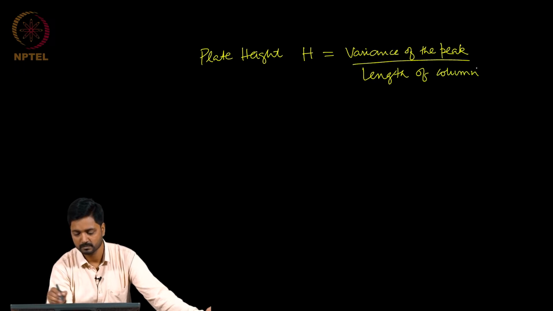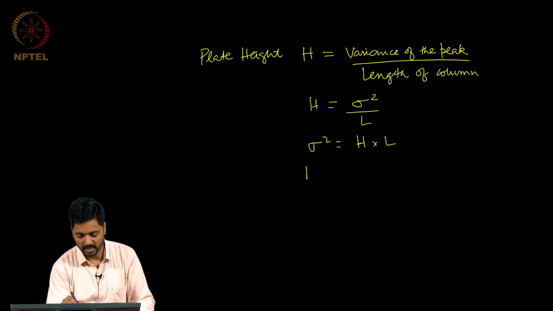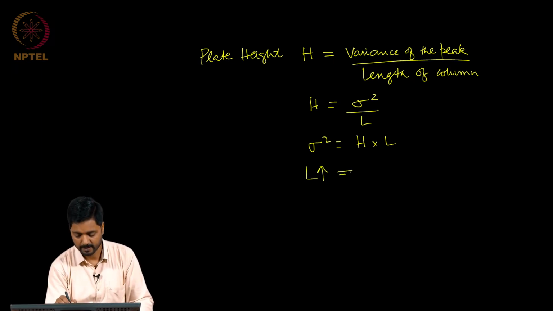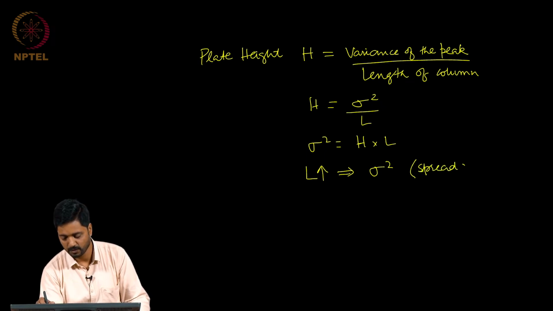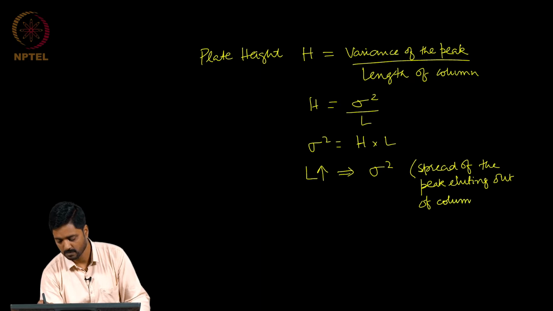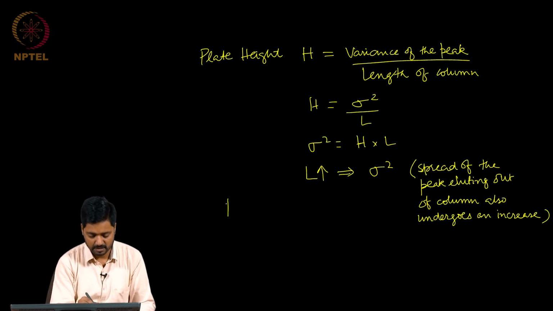Which can be written as sigma squared by L, and when we rearrange it, what we get is that sigma squared is H times L. So, as L increases, the result is that sigma squared also increases, or the spread of the peak eluting out of the column also undergoes an increase. Now, this spread increase is termed band broadening,